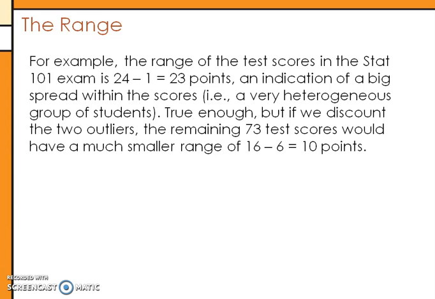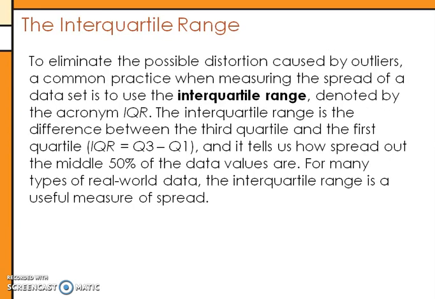There's another type of range they'll talk about called the interquartile range. So like we saw on the box plot, between the 25th percentile and the 75th percentile is the middle 50% of data. And so all they're doing is giving that a name. If I'm looking at a box plot,